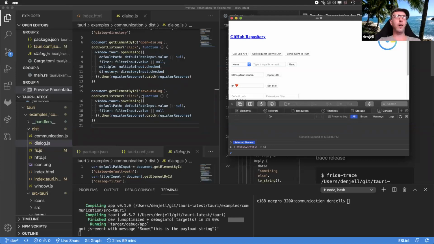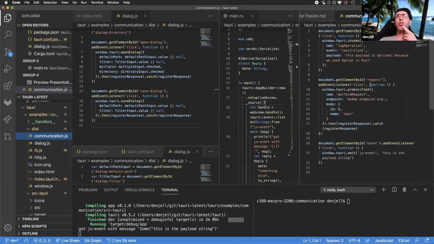Check all, and what is that? That's communication, I think. So this is a payload string. Register response. Right, so basically